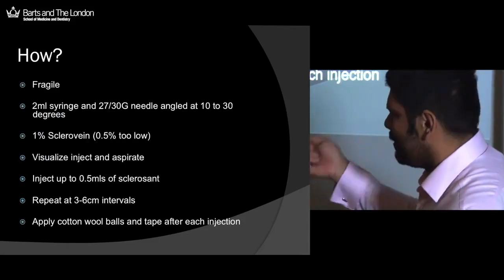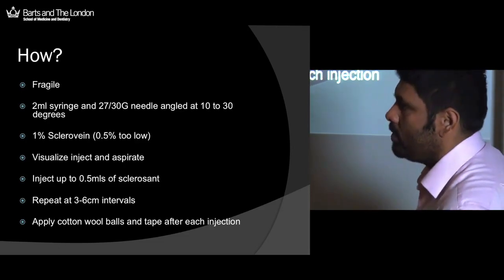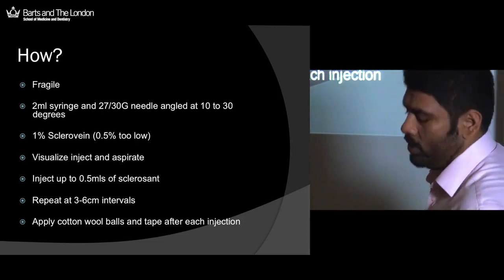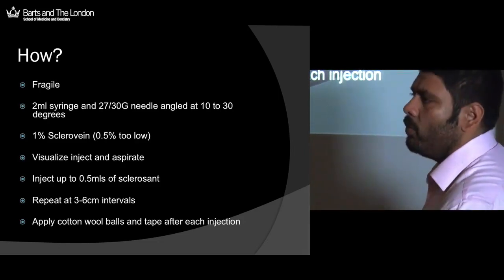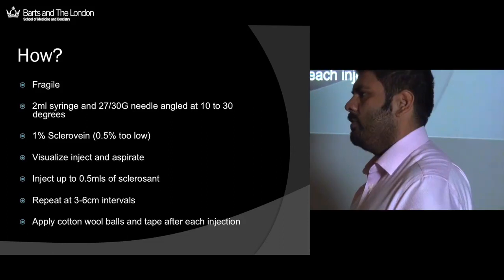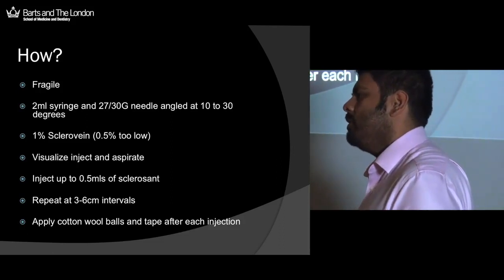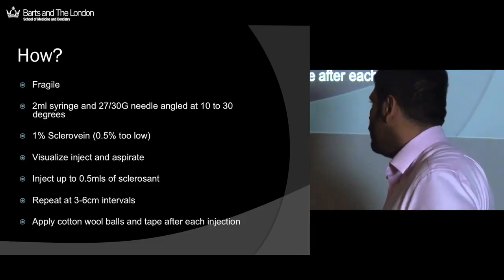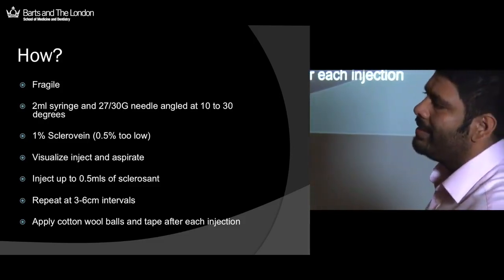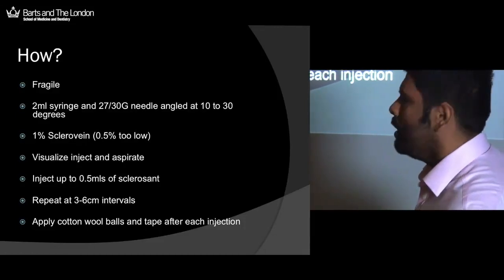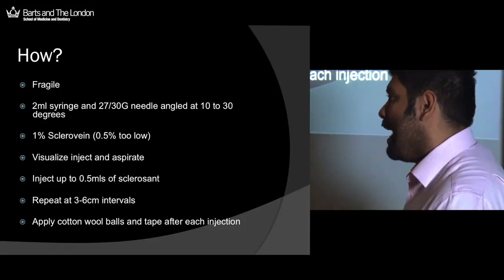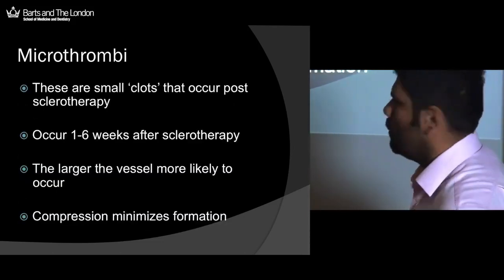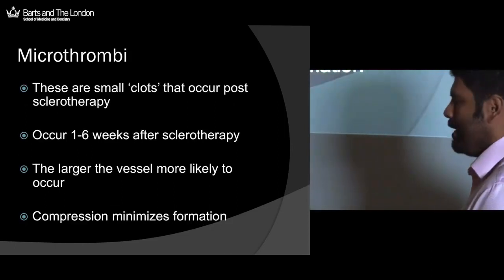I would do, like I said, the reticular vein injections with a 2 ml syringe and a 30 gauge needle, aspirating dark blood into the syringe before you inject the sclerosant. So remember, we are doing unguided injections. When we're doing unguided injections, the last thing we want to do is inject arteries and arterioles and cause ischemic necrosis problems. So always, when you're injecting slightly deeper, slightly larger vessels, make sure you've got some vision and aspirate and then inject. And you're also injecting more concentrated sclerosant as well, so your risk of creating problems and